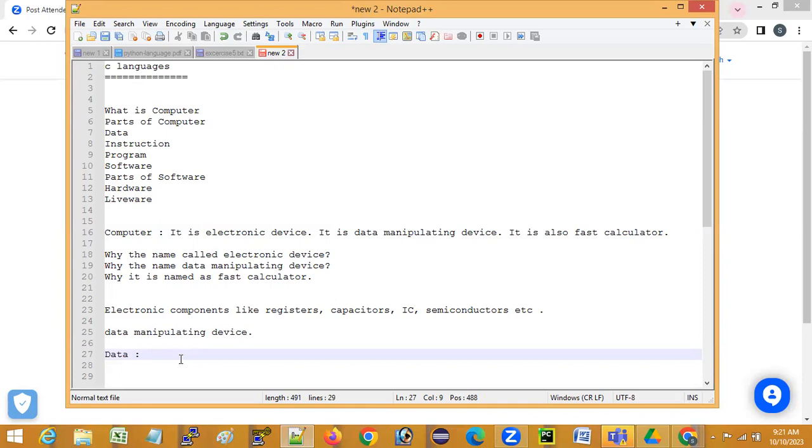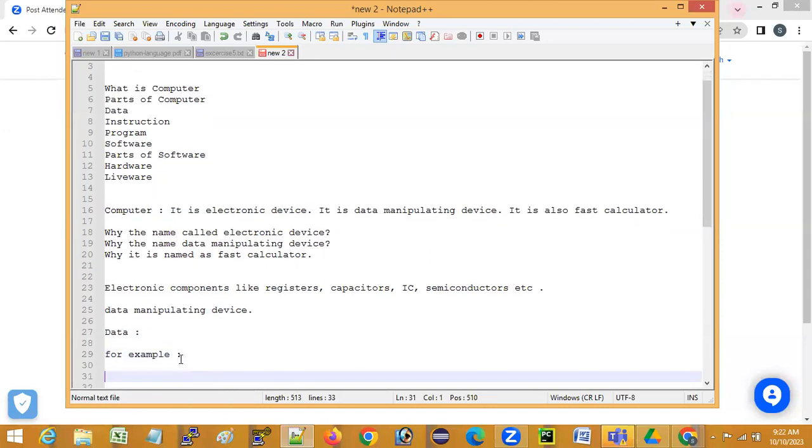What I am going to tell you here is that whatever you give to the computer should be a fact. It should be the truth. Truth in the sense of what? What is inside, what is exact? That is what you have to give. Now, suppose, for example,